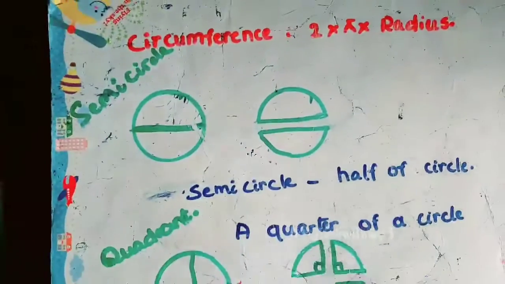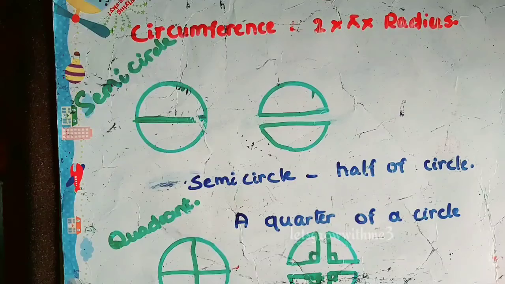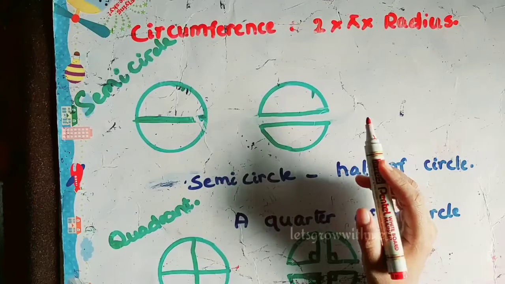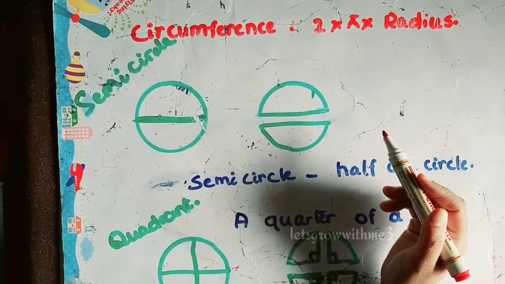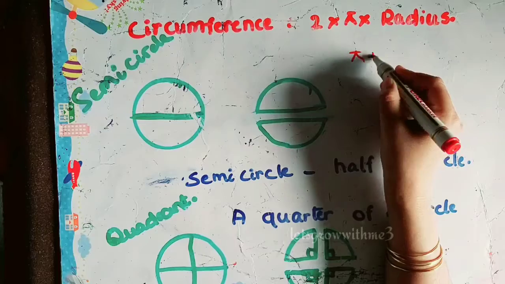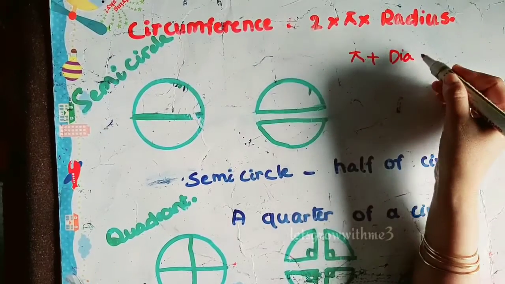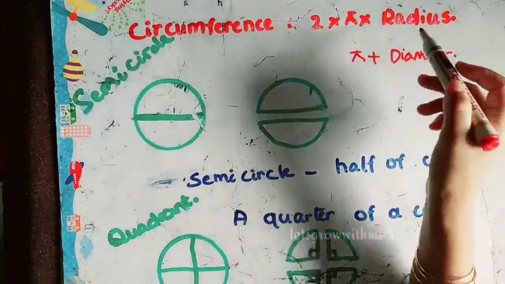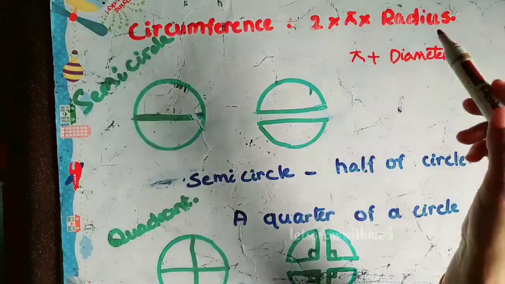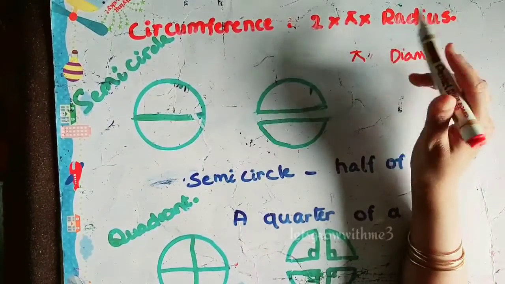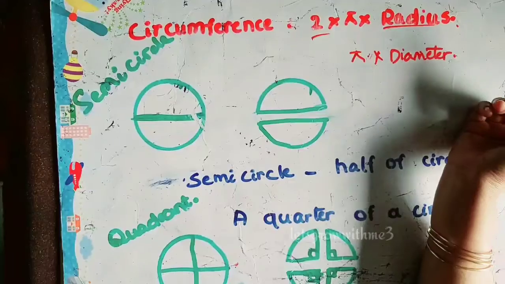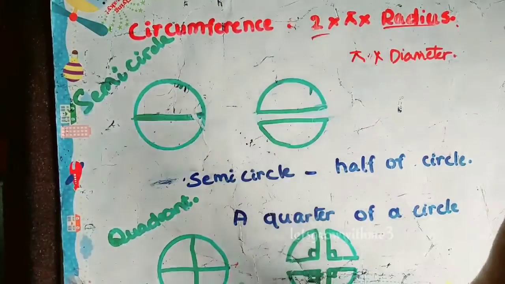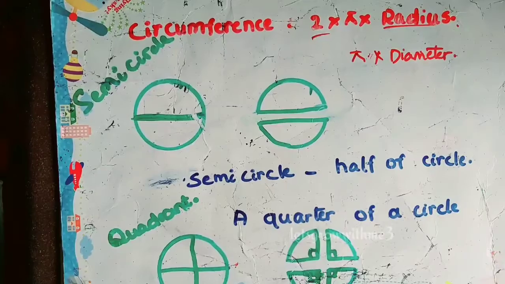Circumference is equal to 2 times pi times radius. We will show that in the expression. Circumference is equal to what? Pi times diameter, right? Pi times, sorry, times, this is not addition, pi times diameter. What do you mean by diameter? Diameter is 2 times radius. So we need to take out this one and replace diameter with 2 times radius. That's how we got circumference is equal to 2 times pi times radius.